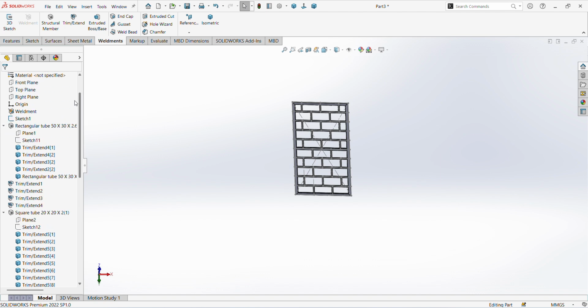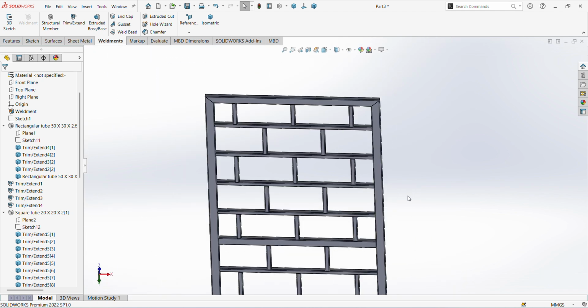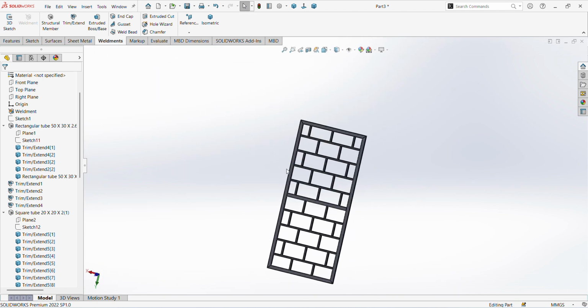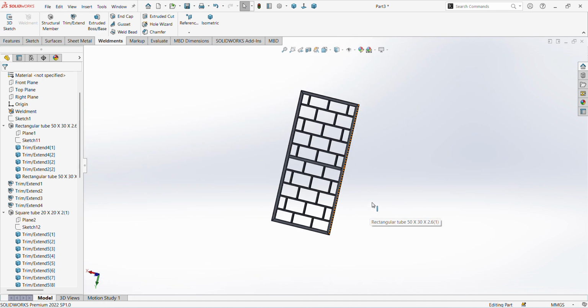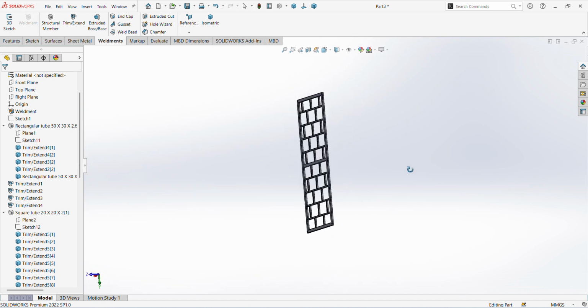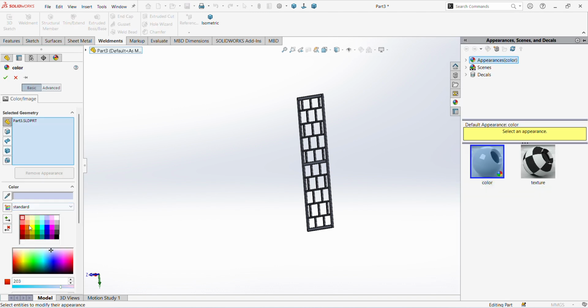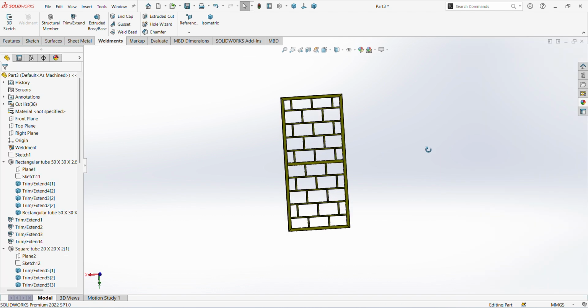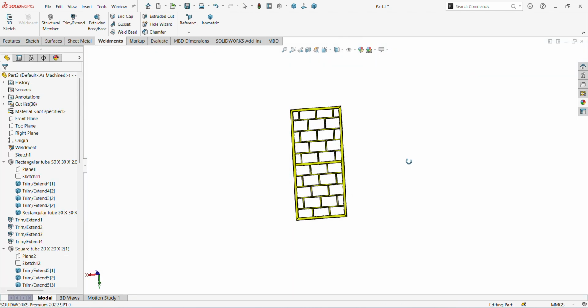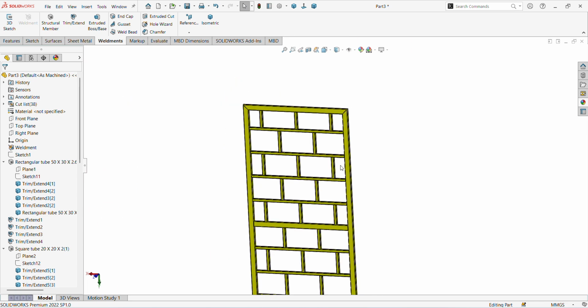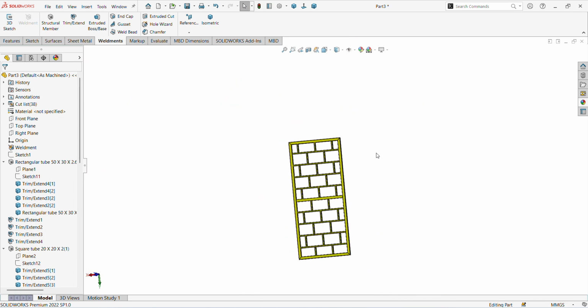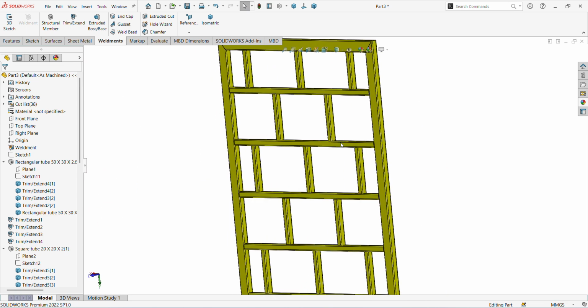Let's hide this sketch. Apply some appearance for color. So this is it for today's exercise. You see how we can